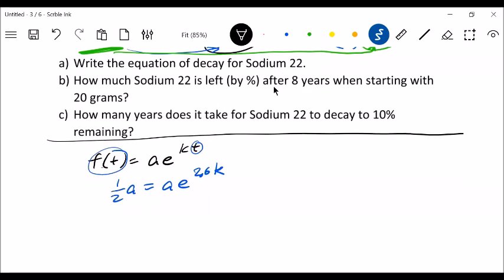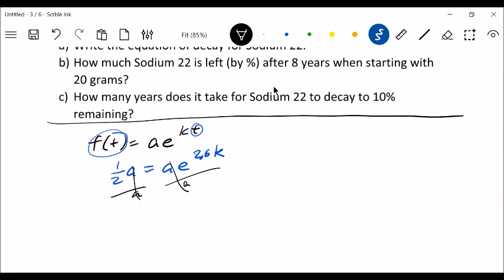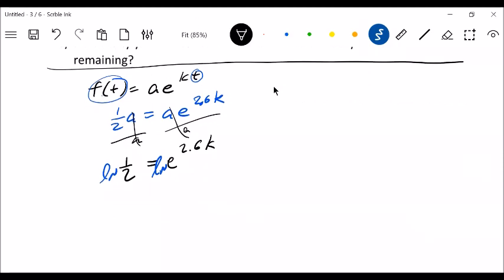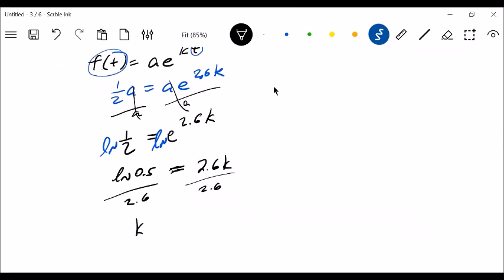Next is a simple thing we can do with calculations. Cancel out the A's. So that leaves us with 1/2 is equal to e raised to the power of 2.6K. Now you see we're back to where we were in the other problem. Just apply natural log to both sides. So I get the natural log of 0.5 is approximately equal to 2.6K. Divide by 2.6. And that means that K is approximately, or very close to,